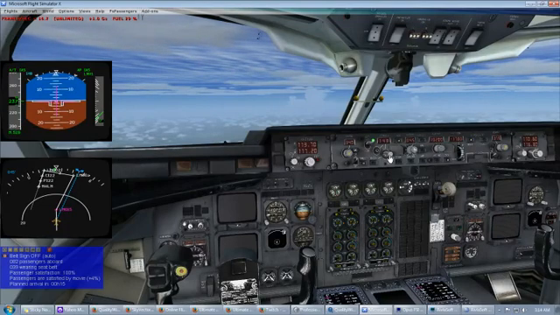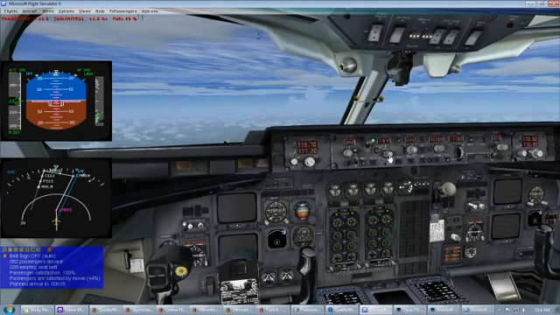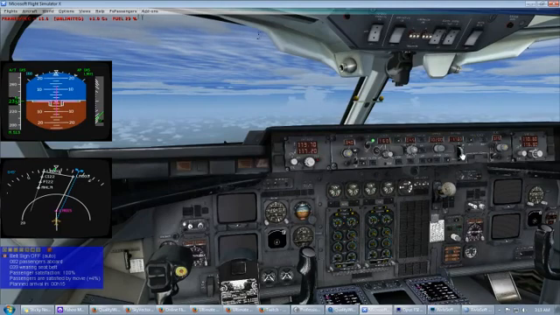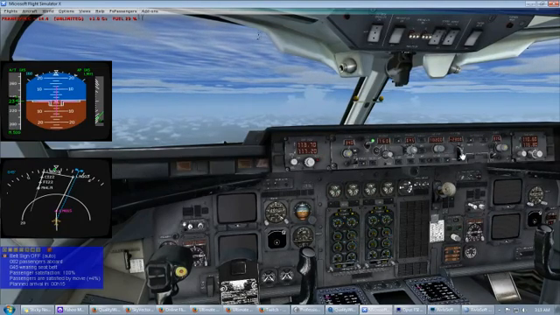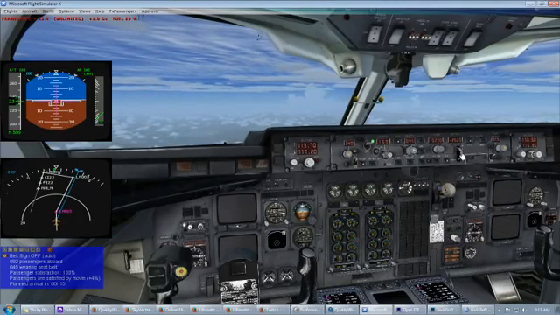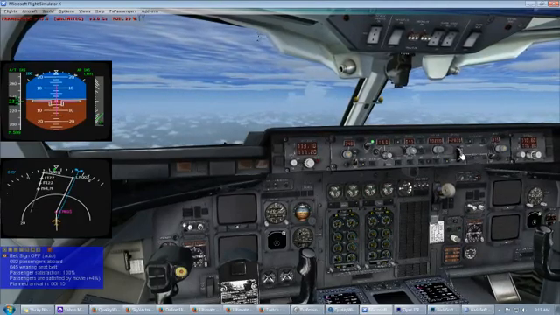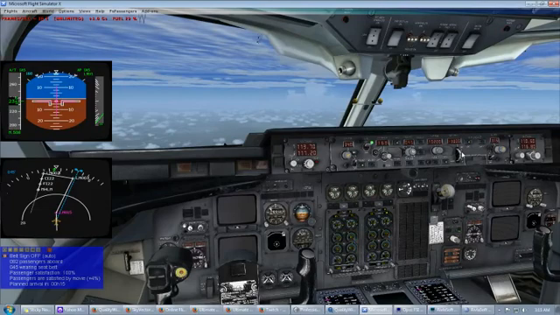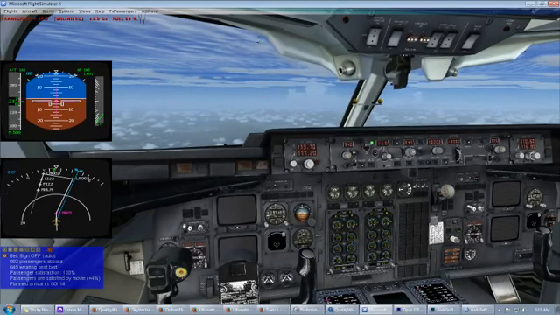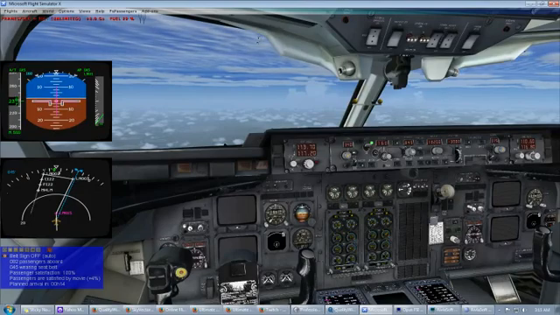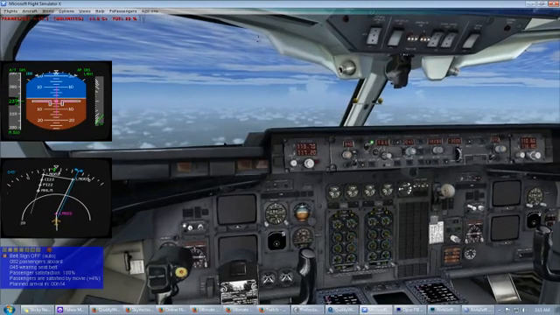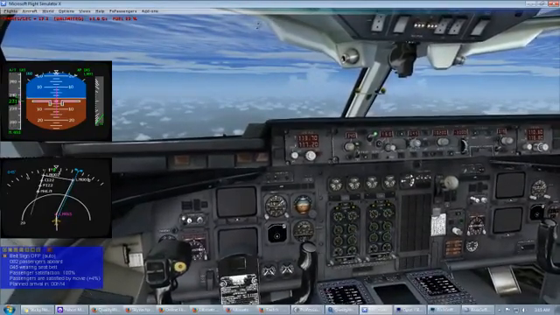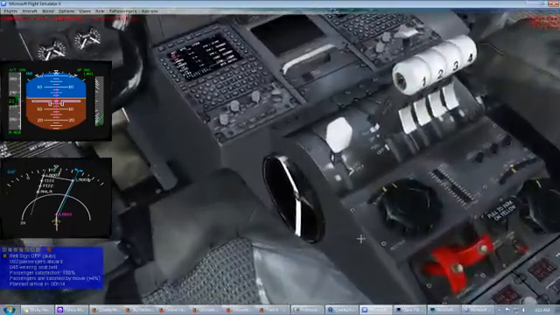I am reducing it to 160 and will descend down with a vertical speed of 3000 feet per minute because the distance is too short and I have to descend too much and I don't want to miss the approach, and also I will give the full spoilers to control the speed. Spoilers on